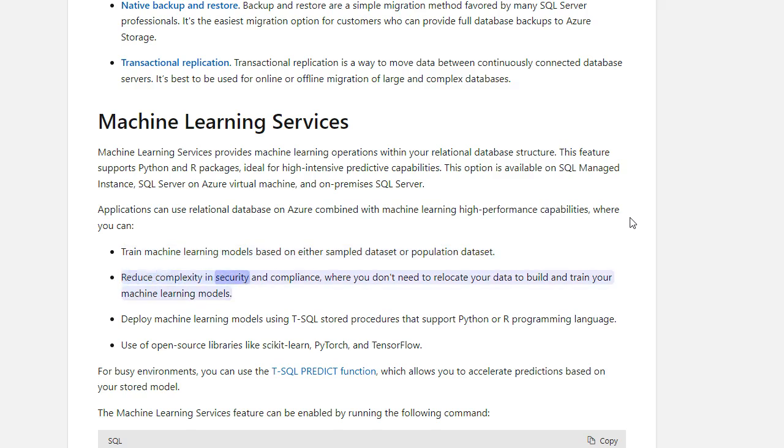Reduce complexity and security and compliance, where you don't need to relocate your data to build and train your machine learning models. Deploy machine learning models using T-SQL stored procedures that support Python or a programming language. Use of open source libraries like scikit-learn, PyTorch, and TensorFlow. For busy environments, you can use the T-SQL predict function, which allows you to accelerate predictions based on your stored model. The Machine Learning Services feature can be enabled by running the following command: SQL copy